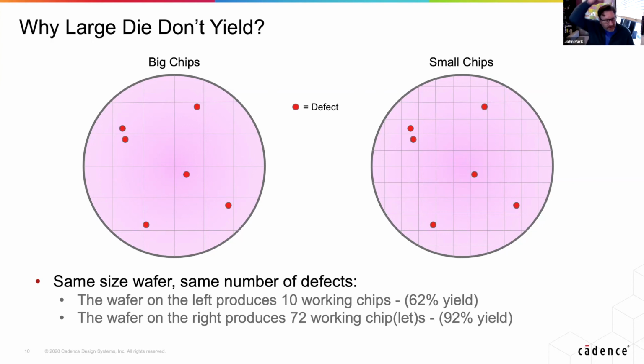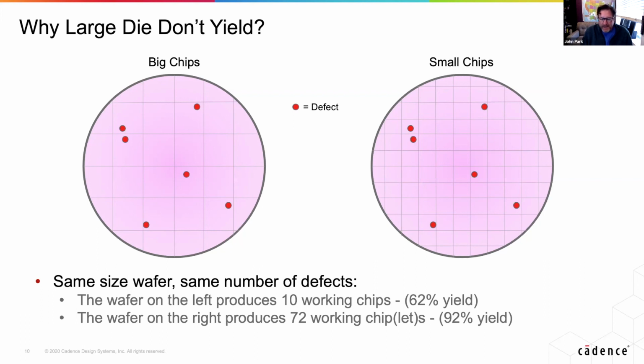The illustration shows, on the left, I've got a handful of defects, and that basically reduces my wafer to only producing 10 known good die, which is a yield of about 62%. Versus the wafer on the right, I have exactly the same number of defects in exactly the same locations. However, since I'm designing a chip that's about half the size or a quarter the size, my yield goes up substantially. So now I'm able to get over 90% yield from the same exact manufacturing process with the same number